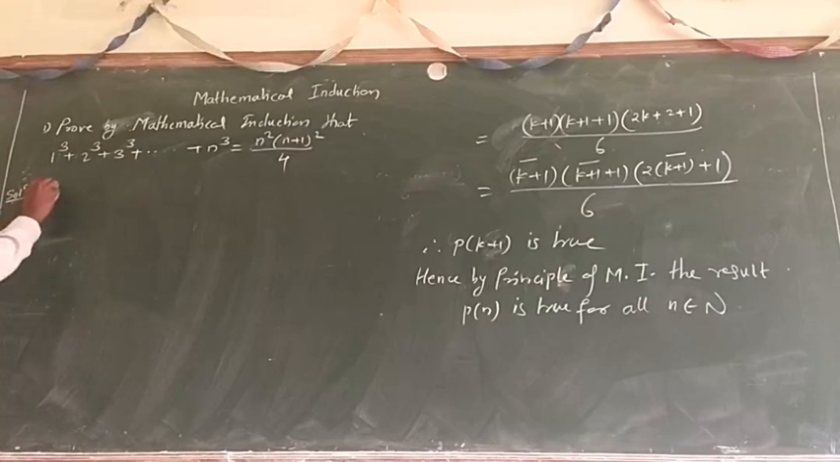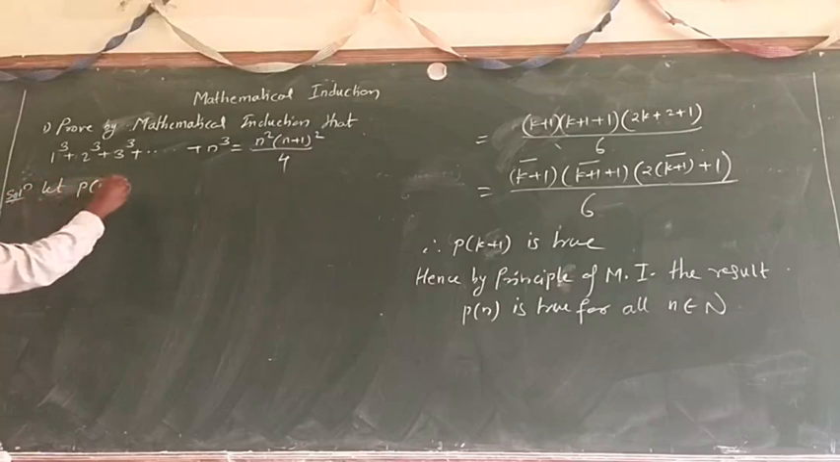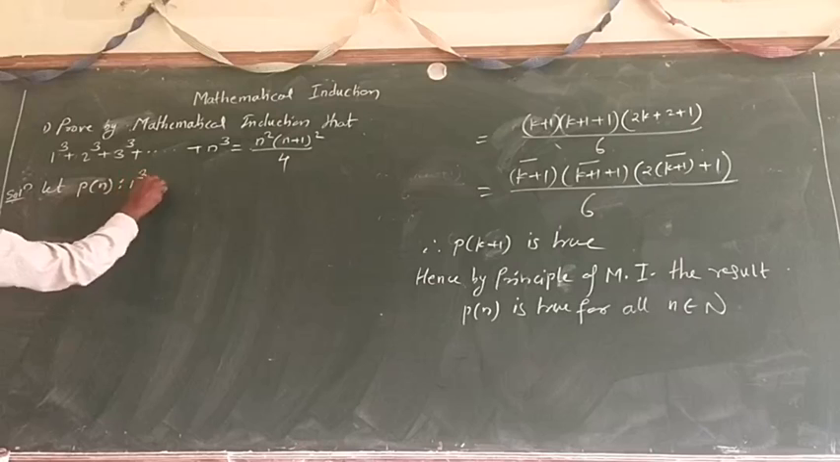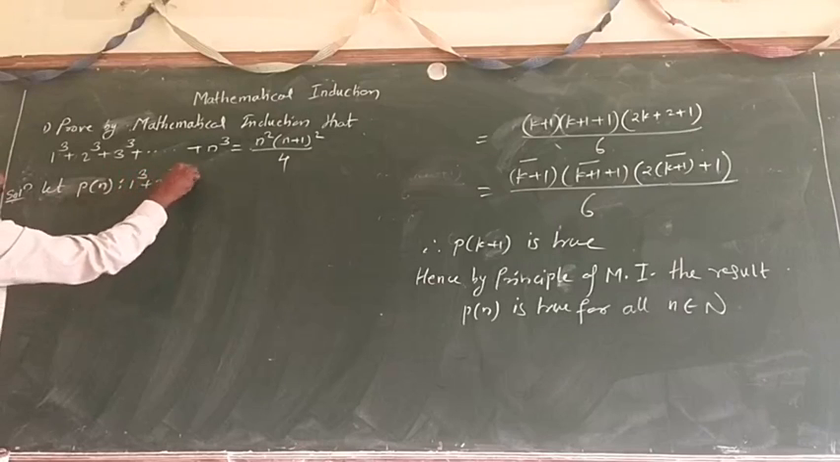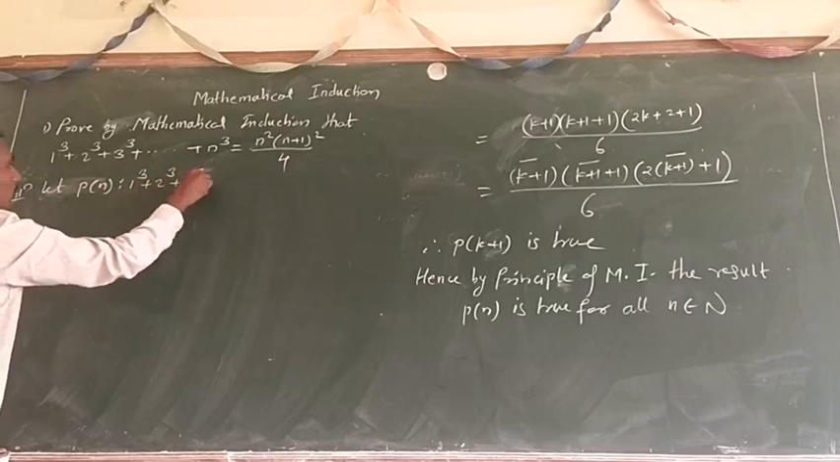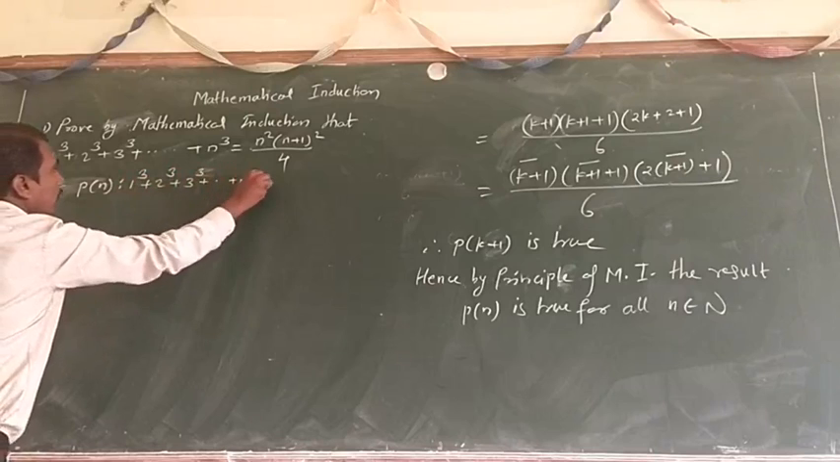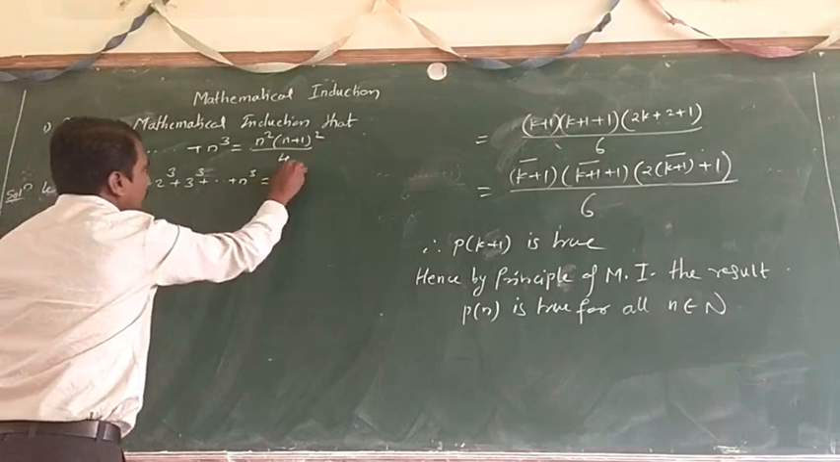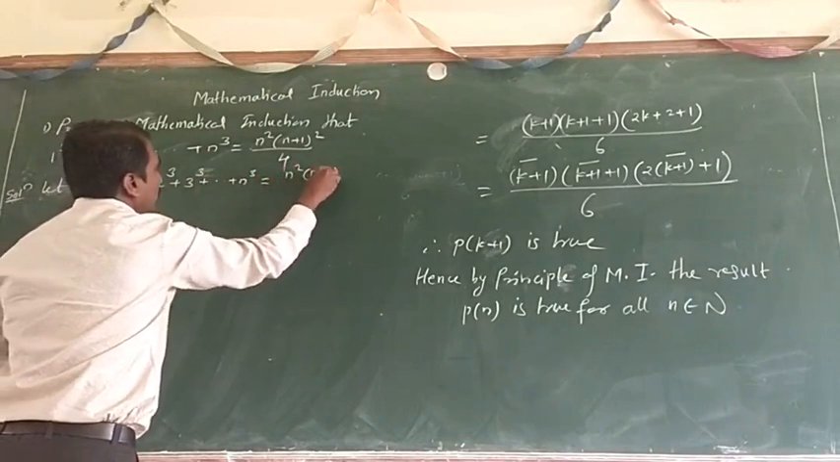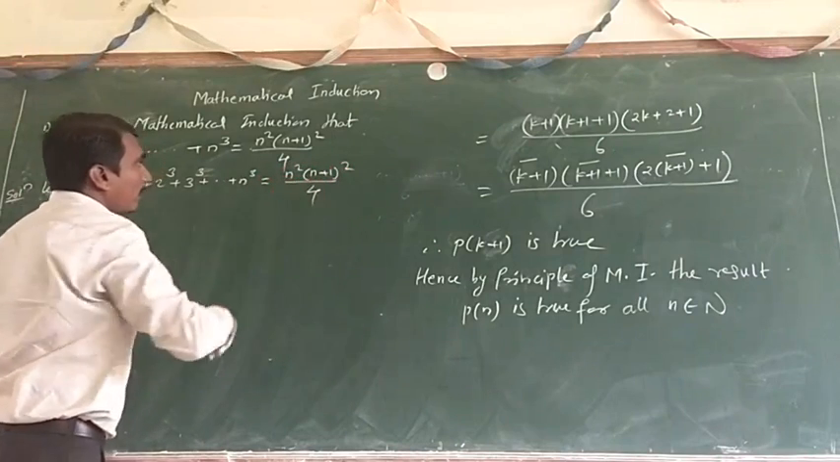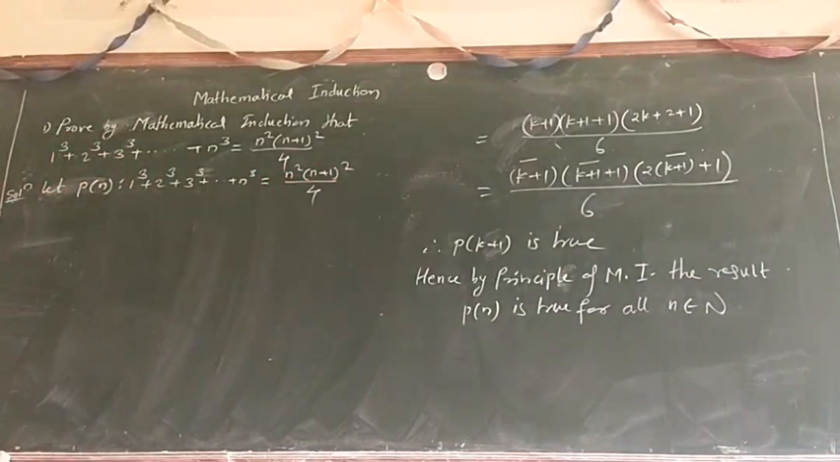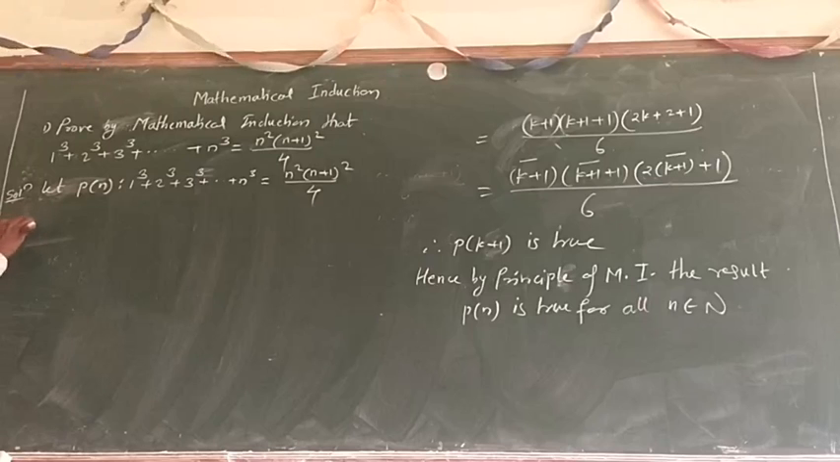First we write the given statement and consider P of n. Let us consider P of n is equal to the given statement: 1 cube plus 2 cube plus 3 cube plus so on plus n cube is equal to n square times (n plus 1) square by 4. So step 1 is